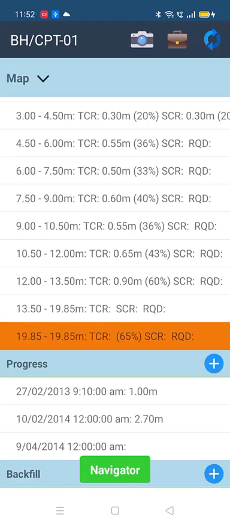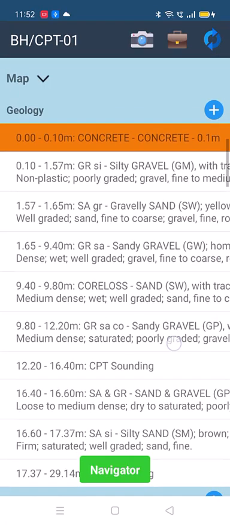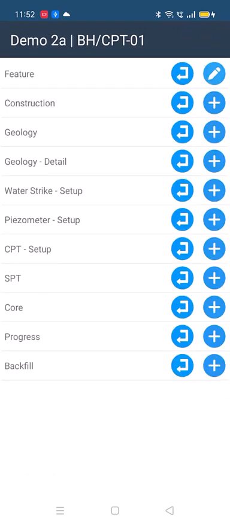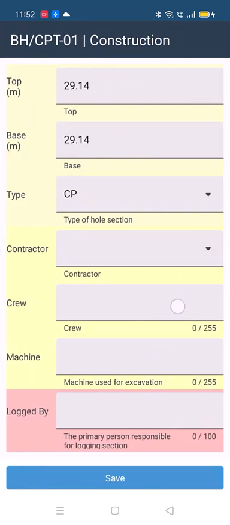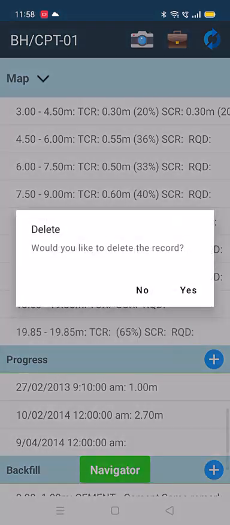Using the navigator, the back arrow will take the user back to the data entry page with the table selected at the top of the page. The plus sign will take the user into the table to be edited, similar to pressing the plus sign on the main page. To delete a record, swipe to the left to show the delete button, then confirm.